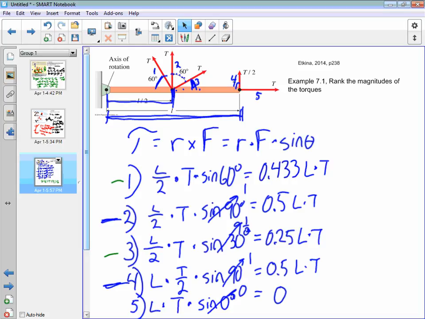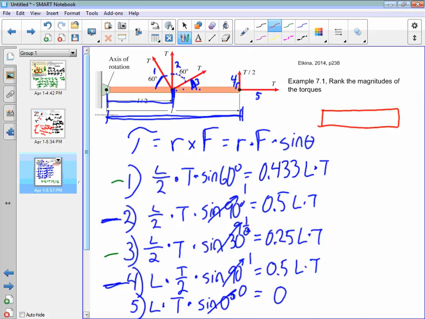This could easily be expanded out to, this is not part of the problem, but what if I had the point of rotation right there, and I had forces here, and here, and here,